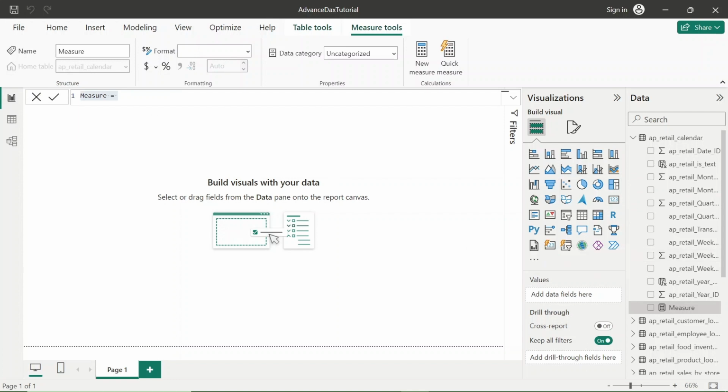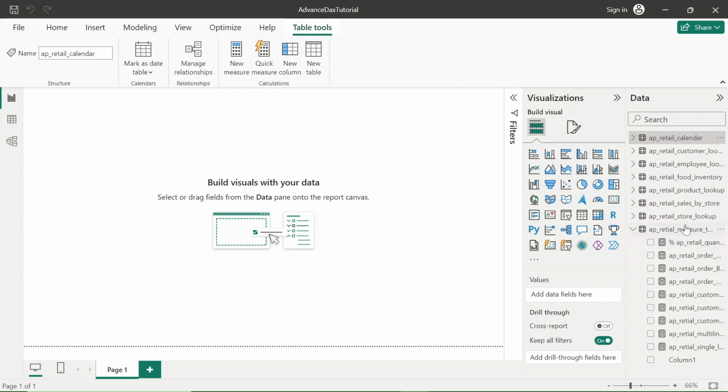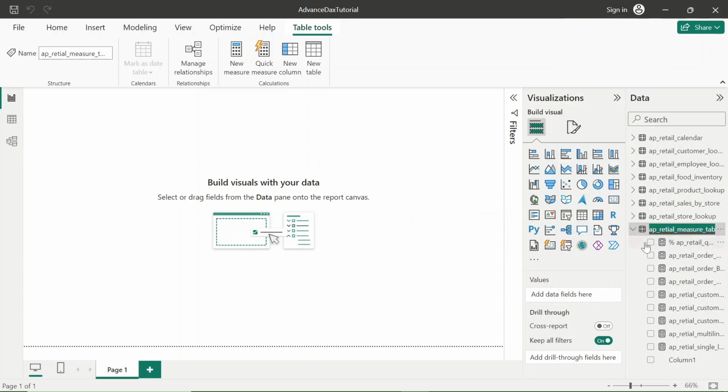Let me select the proper table. Let me rename it AP retail measures table. And here, let me create a new measure.